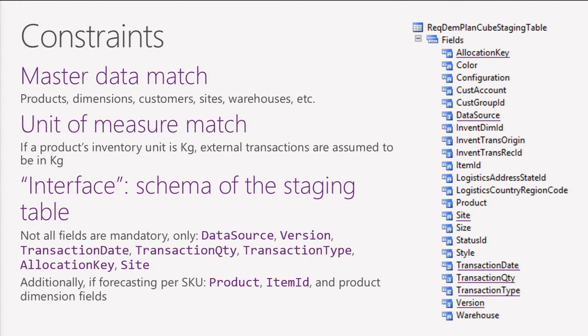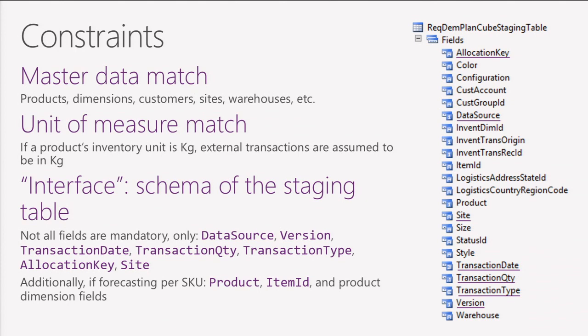So if you load product A, the AX 2012 needs to know what product A is. Also, the unit of measure needs to match. And here I have underlined the fields that are mandatory in this staging table that is holding the historical transactions. So you need to fill those, and the others are not mandatory. You do not need to fill them if you do not need to use those forecasting dimensions. So if you don't need the customer and customer group, you don't need to fill it